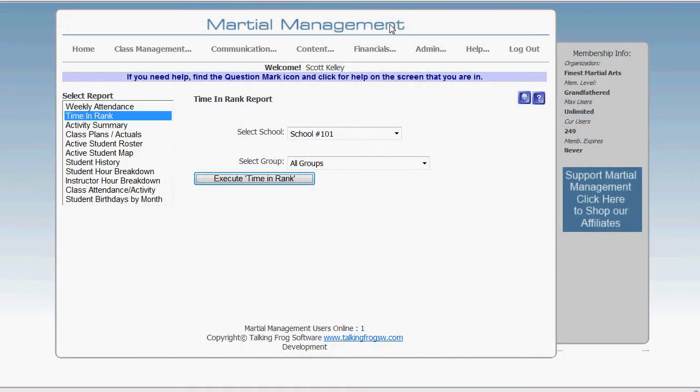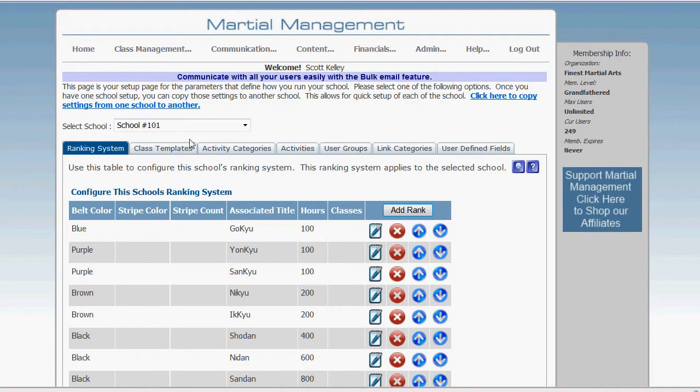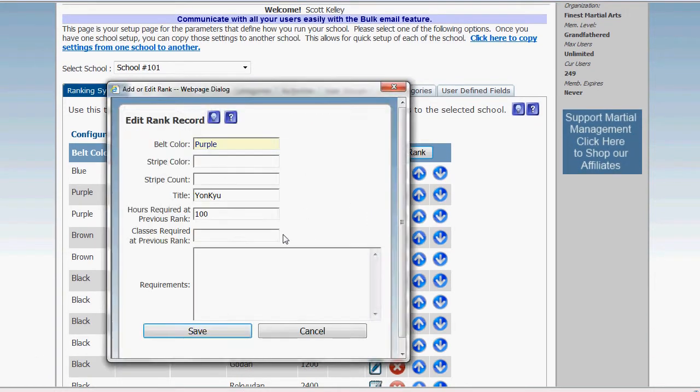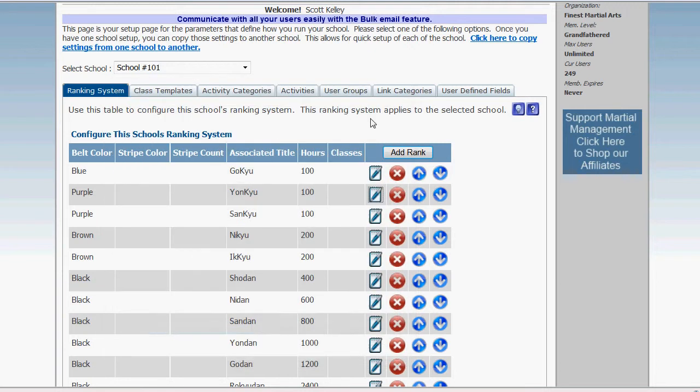Let's go back up here. Let's close this, and let's go back over to our setup, because this is interesting. I want to show this. When we come here under the ranking system, I want to come up here under purple belt and edit this rank. Now you'll see that we have number of hours, but we don't have number of classes. So for purple belt, I want to add in 50 classes. 50 classes are required. Now you'll notice the Time in Rank report didn't show anything about classes because those ranks had no class requirements. So if we come in here and save this,